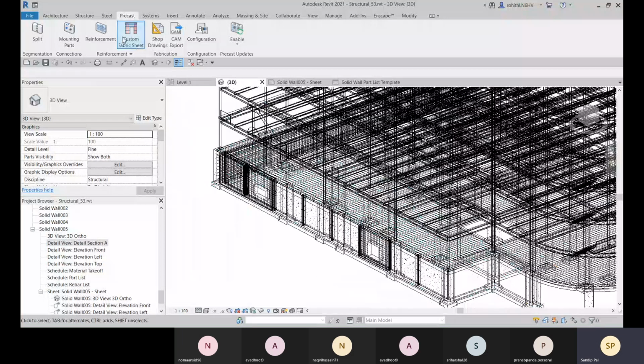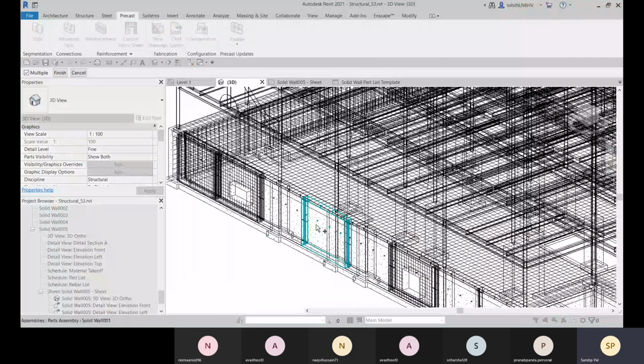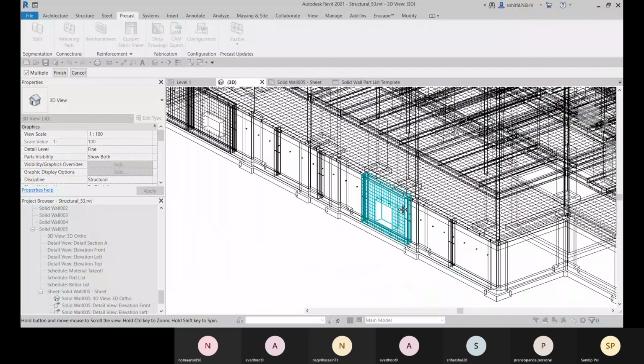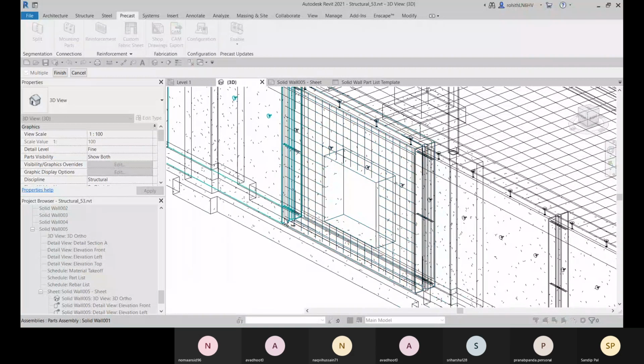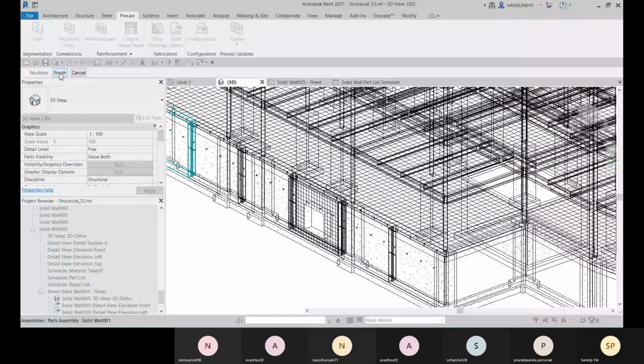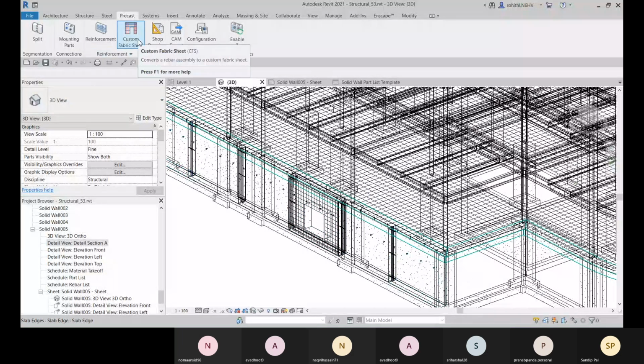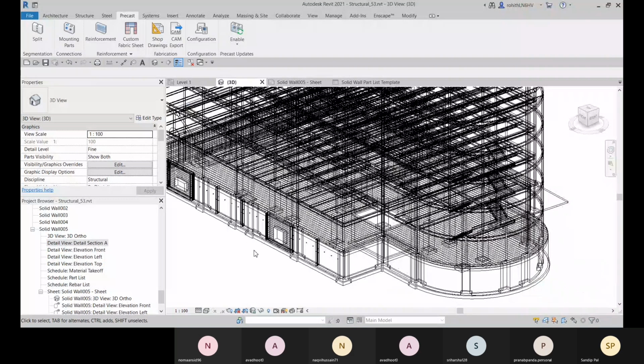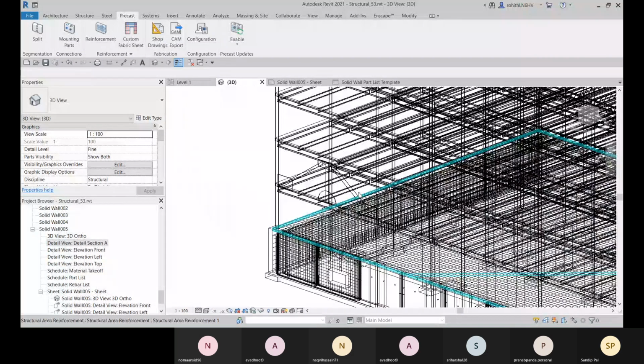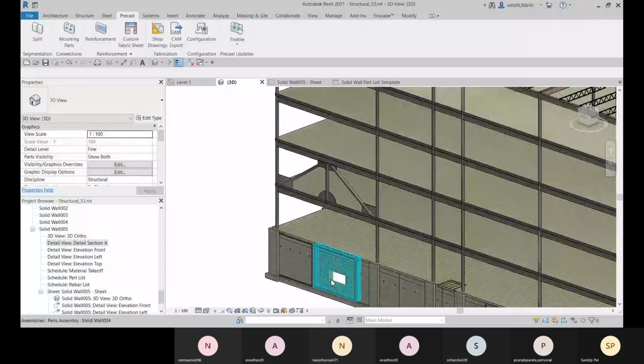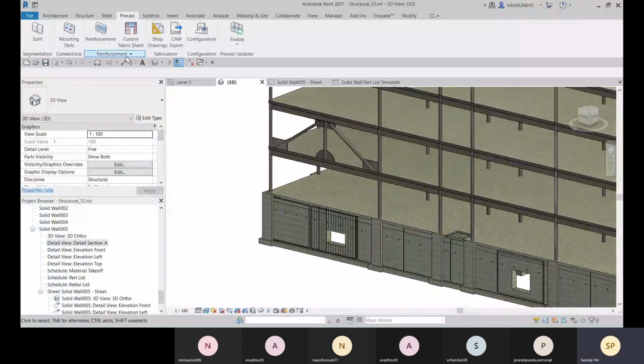Let me go to this custom. Okay, about this custom fabric sheet, I'm coming to this part later.